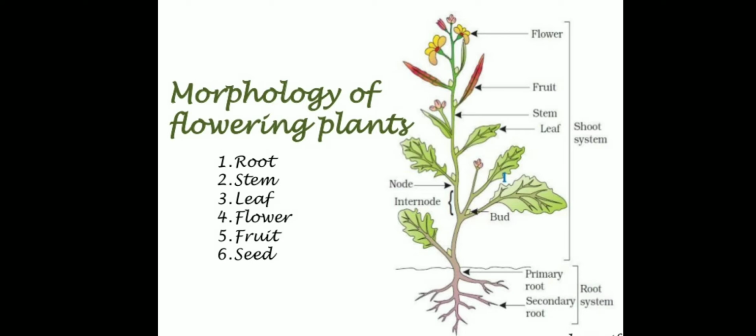So, the wide range in the structure of higher plants will never fail to fascinate us, isn't it? Even though the angiosperms, you know what angiosperms are? The plants that bear flowers and seeds, okay? So, even though the angiosperms show such a large diversity in external structure or morphology, the external structure is the morphology, okay? They are all characterized by presence of roots, stems, leaves, flowers and fruits.